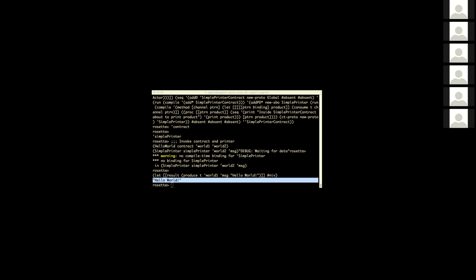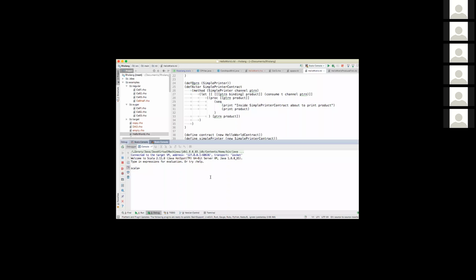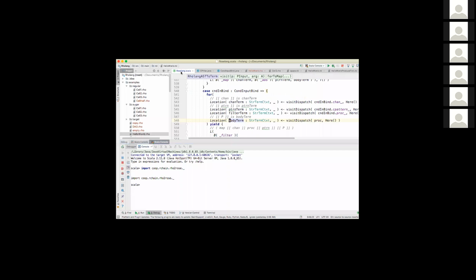Actually, if I can switch over quickly, I think I can get to the compiler side. So the compiler, I think everyone has an overview on this, but it's written in Scala, and the idea is the Rolang is compiled into what you just saw, which is the Rosette code.